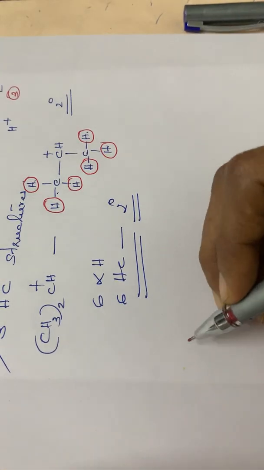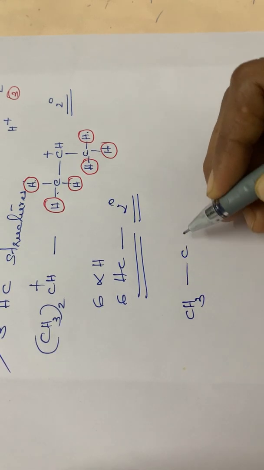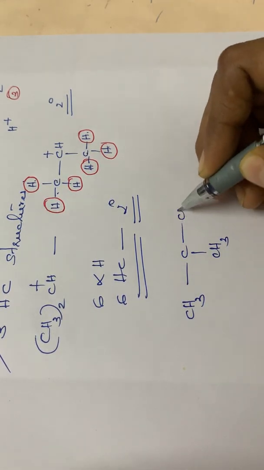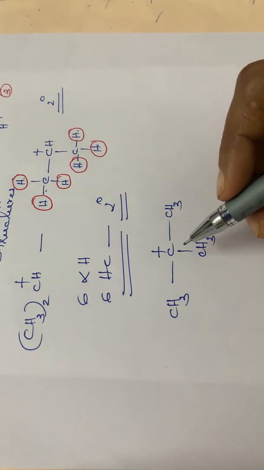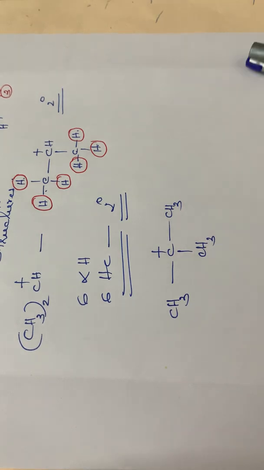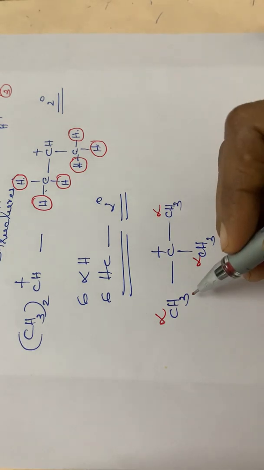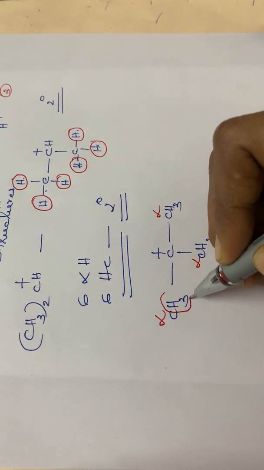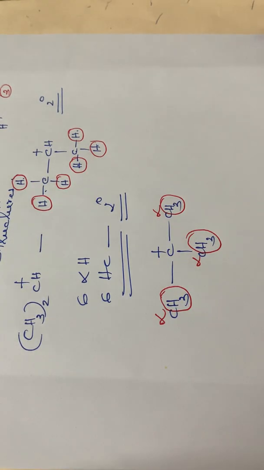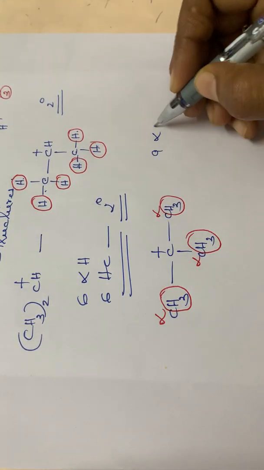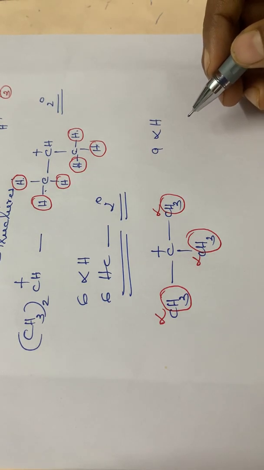Then the third case, for a tertiary carbocation, that is CH3 thrice C plus. See again how many hyperconjugative structures are possible. These are the 3 alpha carbon atoms. This is an alpha carbon, alpha carbon, alpha carbon. So in total how many alpha hydrogens? 3 plus 3, 6 plus 3, 9. So here how many alpha hydrogens? 9 alpha hydrogens.